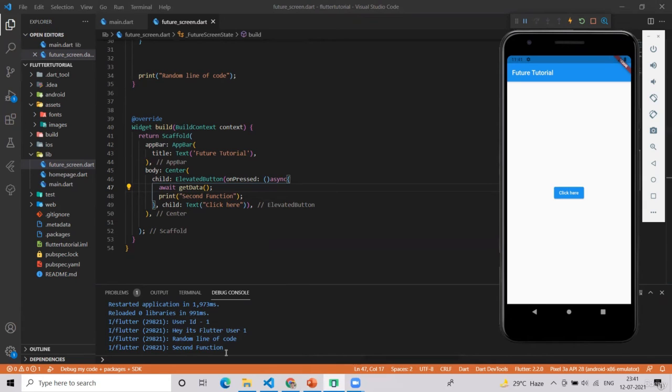So I hope you have understood the concept of async, await, and futures deeply, because this concept is so important that without it you won't be able to work on any Flutter application. And don't be overwhelmed by it, because I know it's a very new concept if you are new to this programming thing.